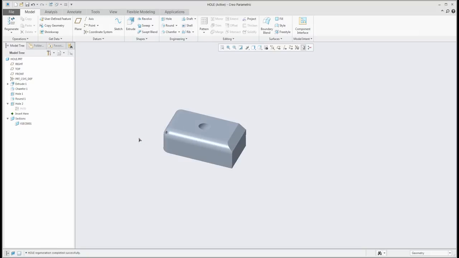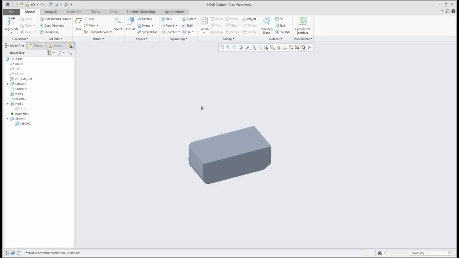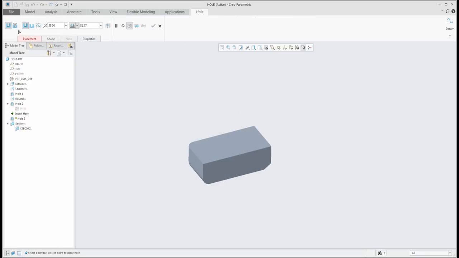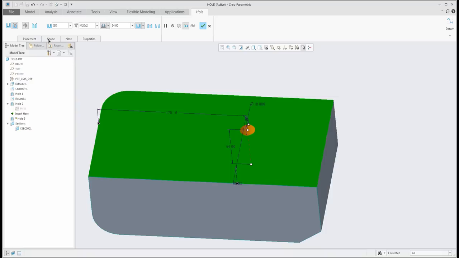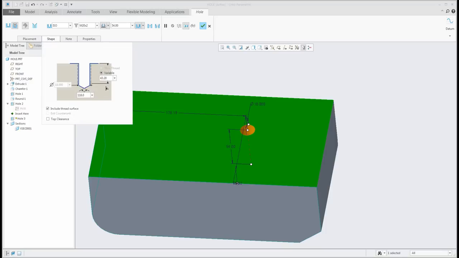Okay. And do you think that is everything? Nope. We have another type of hole, and it's a standard hole. For example, you would like to use the ISO standard or a different kind of standards. You can set the custom dimensions here. For example, you would like to create M20x2 and set placement and set reference, placement, and in the shape tab you can see the system will create your hole as a metric